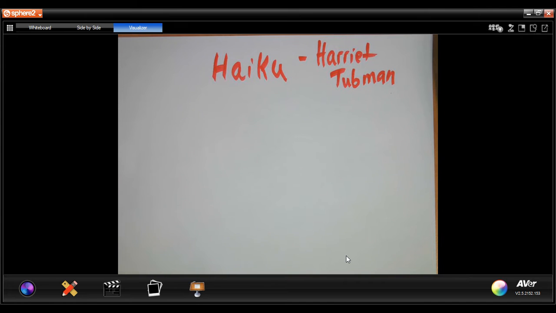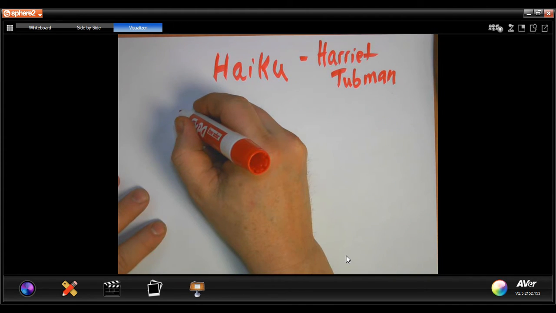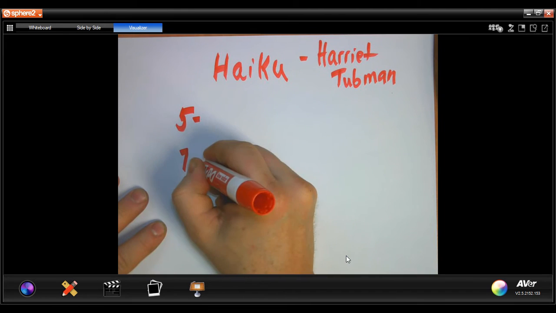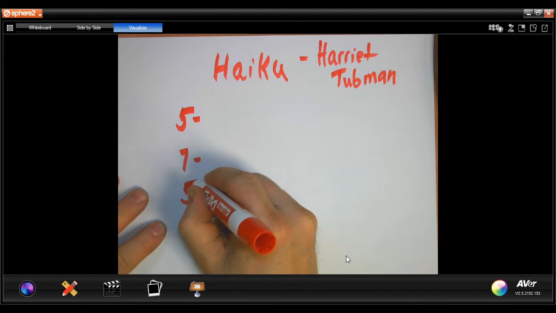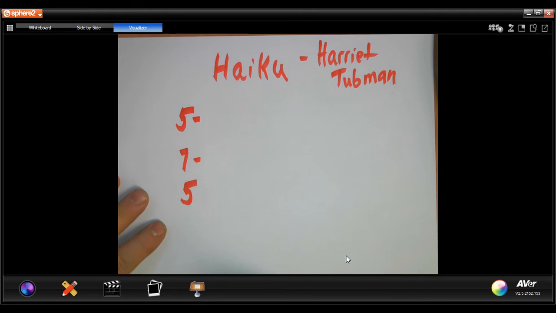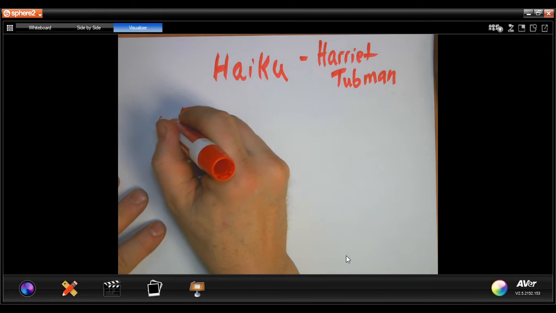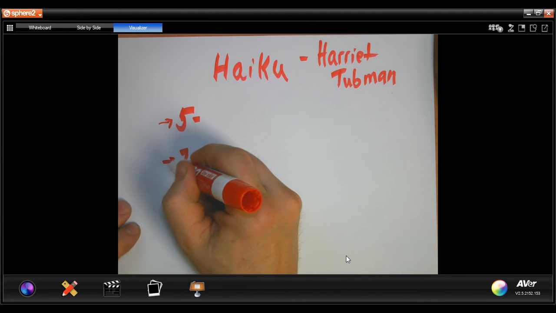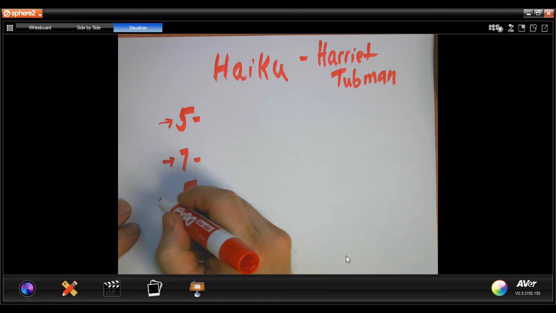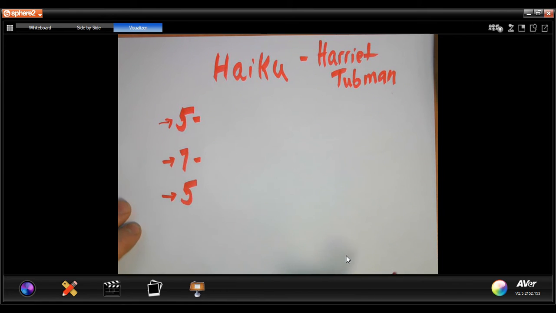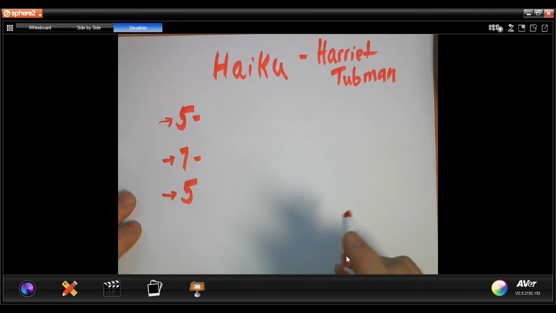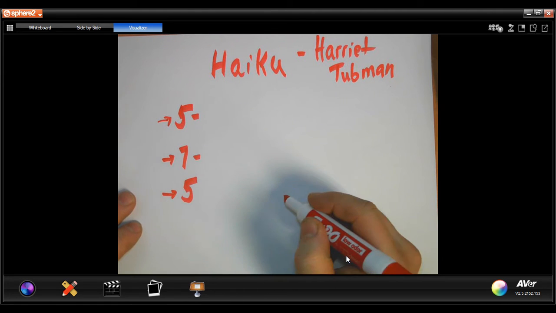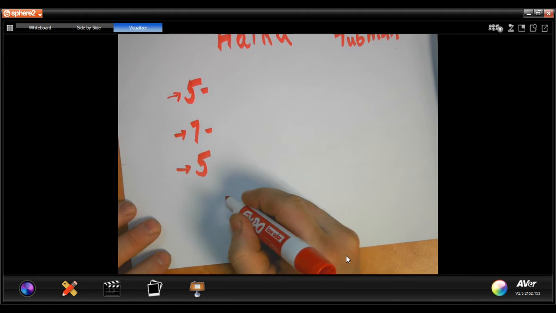Now, haikus, remember, it's a 3-line poem, and then they're broken down into syllables. So your first line will have 5 syllables, and your second line will have 7, and your third line will have 5 as well. Now, syllables, remember, that has to do with when you say a word, the pausing and breaking of it. So, for example,